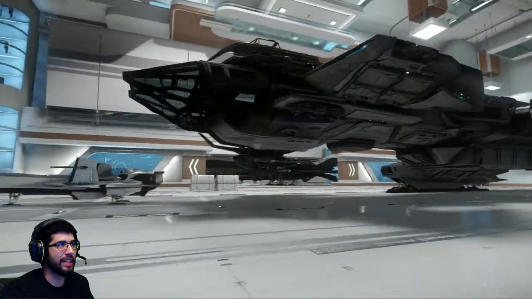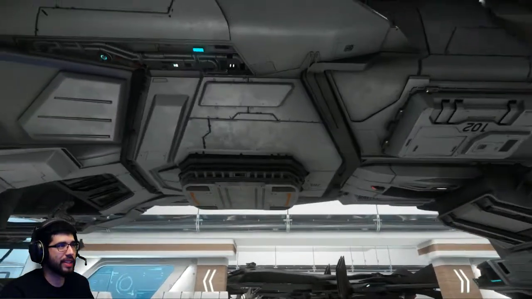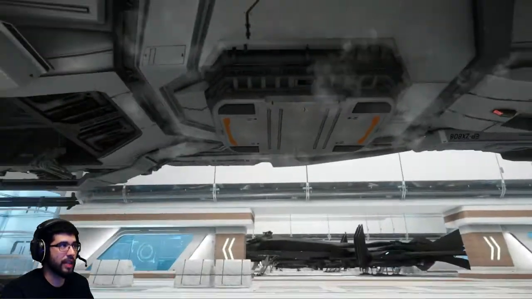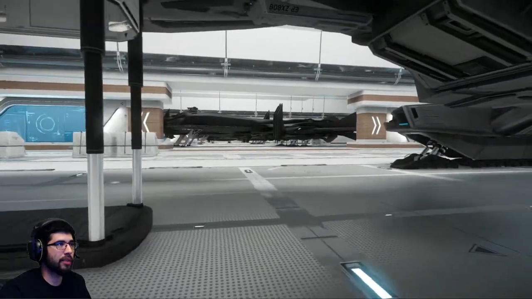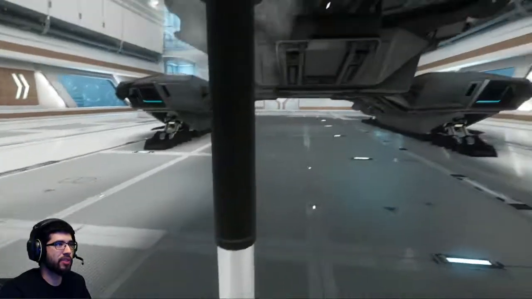But yeah, here is the Andromeda, the Constellation. It's freaking huge, like amazingly huge, and it's beautiful. Every big ship that comes out, I'm in love with it. Just like that ship right there in the background, that's my Retaliator. And just to give you an idea of how big this ship is,